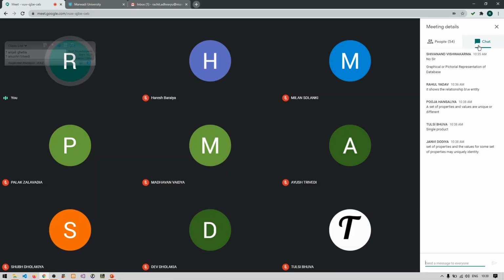That means that particular set is having different entities, but each entity is having same properties, but for each property the values are different. Right? Am I clear? Each student is having same properties, but for those properties the values of the properties are different.